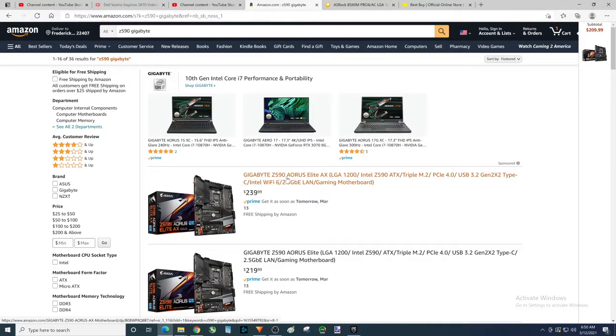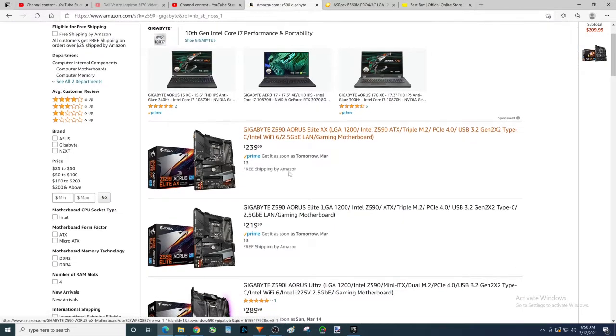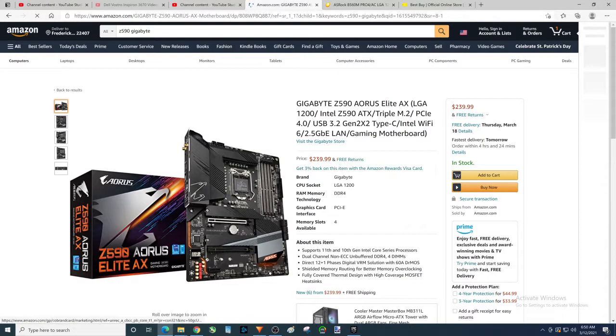The Z490 AC version of this is pretty similar. I mean, it's only $20 more, but this is a really nice motherboard and not too ridiculously overpriced, to be honest with you. Triple M.2s. This has everything you want